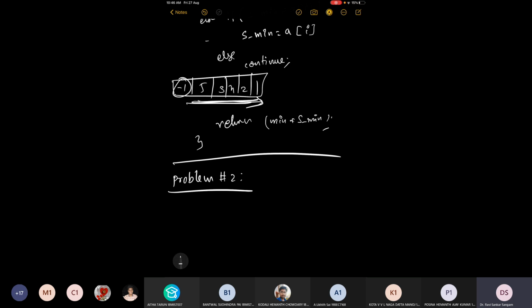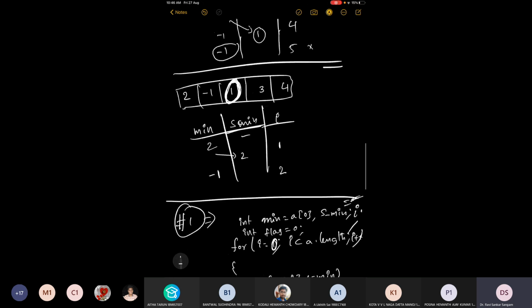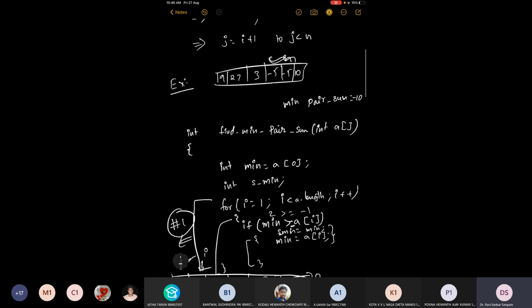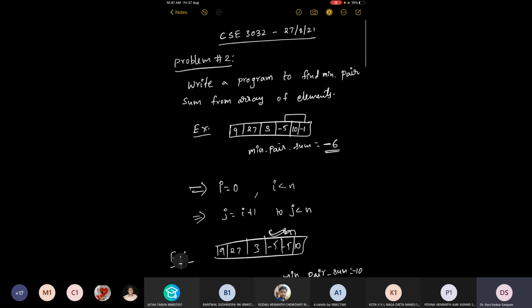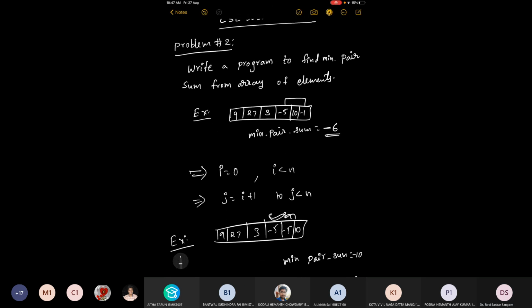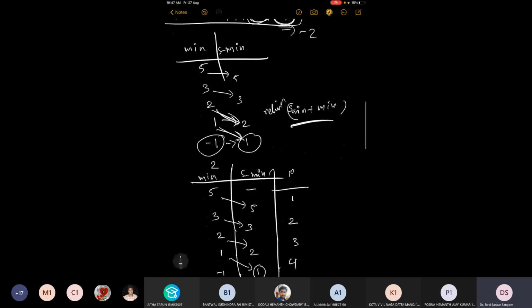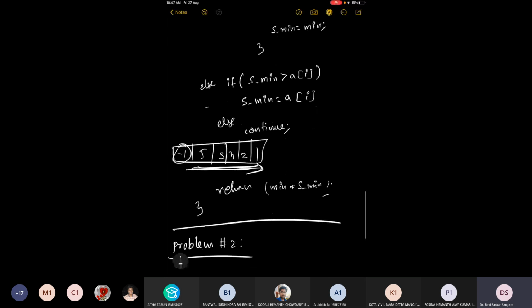Okay, we spent a lot of time on this. So what I'm thinking of, let us add a few more conditions to this problem so that we can slightly work on it to get the expected result for that updated one. So, minimum pair sum, no? In that minimum pair sum,